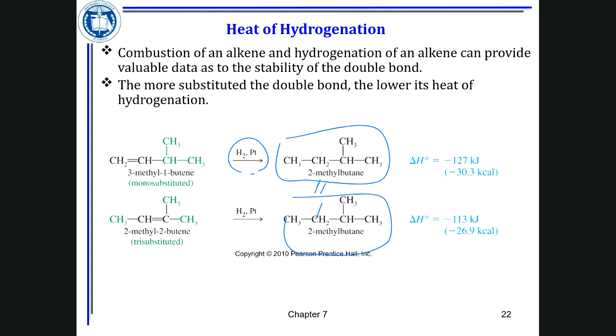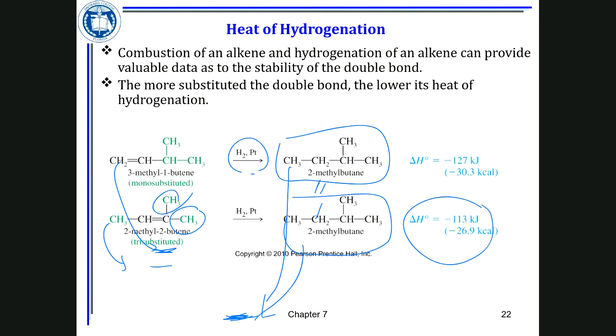So it's going from what energy level to the product, if this is representing this compound, then the other compound is coming from a higher energy level to the same energy level as the product. So both of them are the same here. The energy level for the product is the same, so you have a good comparison. The more substitutions around the carbon-carbon double bond, the more stable the molecule. By experiments, they have found that delta H for the reaction is a lower value, and that corresponds to the stability of